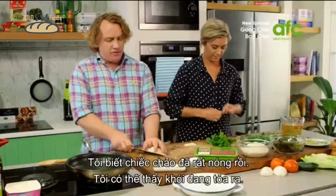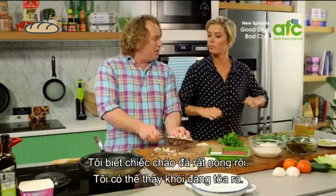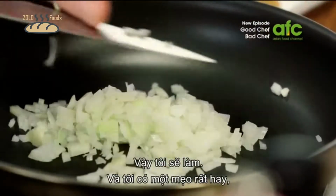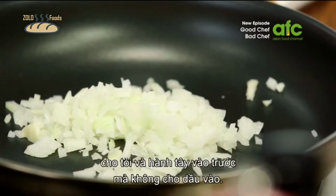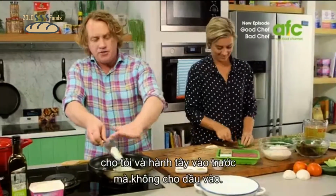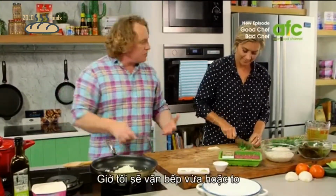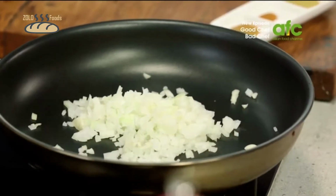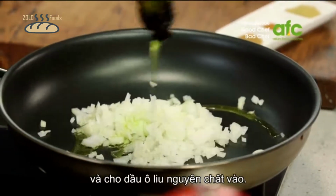Now, I know this pan's nice and hot. I can just see it smoking out of the corner of my eye. So what I'm going to do, and it's a nice little trick, or as you would call it, a little hack, put the onion and garlic in first without any oil so you don't splash any oil on everything. Now I can turn it up to a nice medium or high heat,